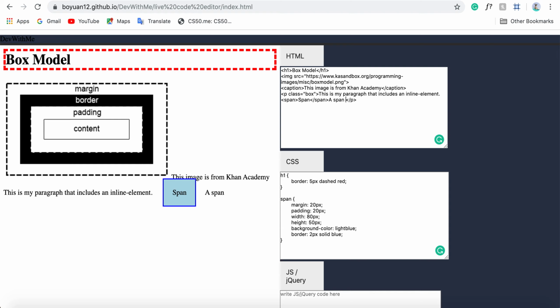So a span is an inline element, and so it does not respect the width and the height. Alright. Oh, here's the interesting stuff. If I keep typing,